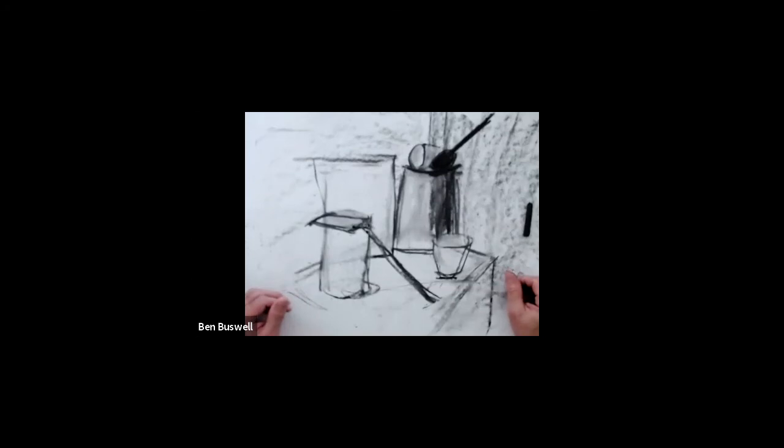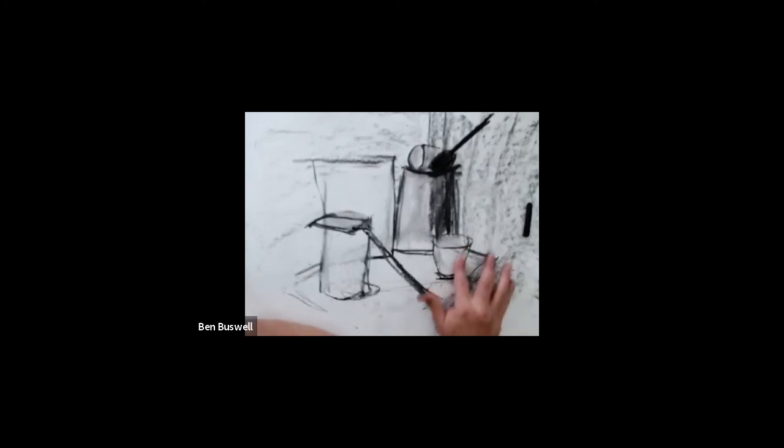Okay? General to specific. I could quit now and call this a study, right? Maybe I'm making a painting of this. Just this little couple-minute exercise really helped me understand where things sit in space, how they're oriented, how much space is between them front to back, where the foreground, middle ground, and background is. And it's all a matter of